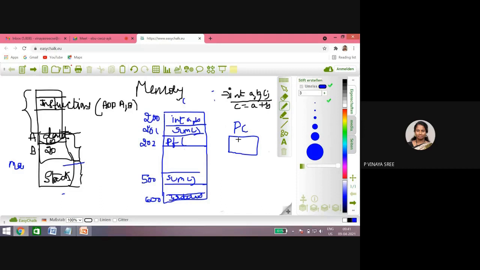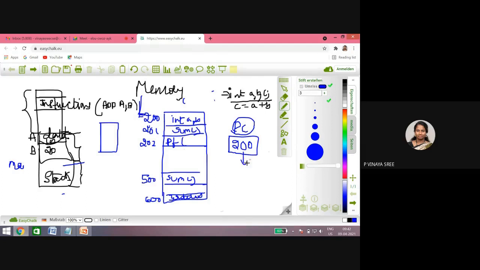So what will the program counter be first? 200. Initially, the processor is executing some other instructions. Now it will give information to the program counter register that the processor has to start from here. So initially the program counter is set to address 200, so that it goes to that location, and